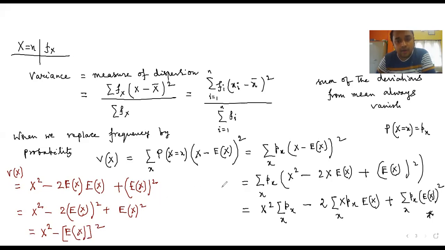Okay, one more thing, I have made a little bit of a mistake over here. This x squared is a variable, so it cannot come outside the summation sign. So we have to put it inside the summation. Sorry. Now that is x squared p(x), and by definition, this will be equal to E(X squared). So it will be E(X squared) minus E(X) whole squared, and thus you get the formula of the variance.